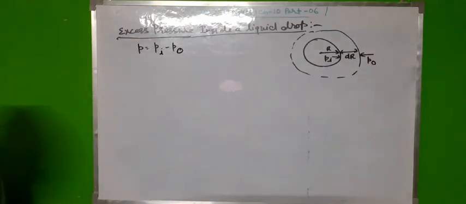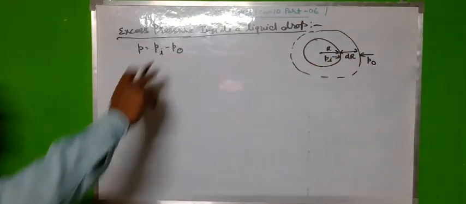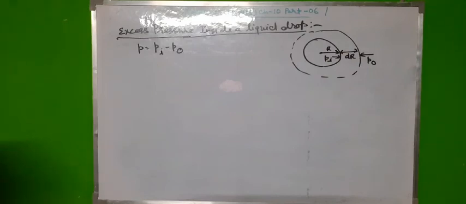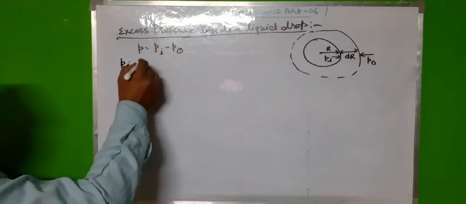Due to the spherical shape of the liquid, there is an excess pressure inside over the outside. So the inside pressure is greater than the outside, and the excess pressure can be given as P equal to Pi minus P outside. Now Pi is the total pressure inside, that is total